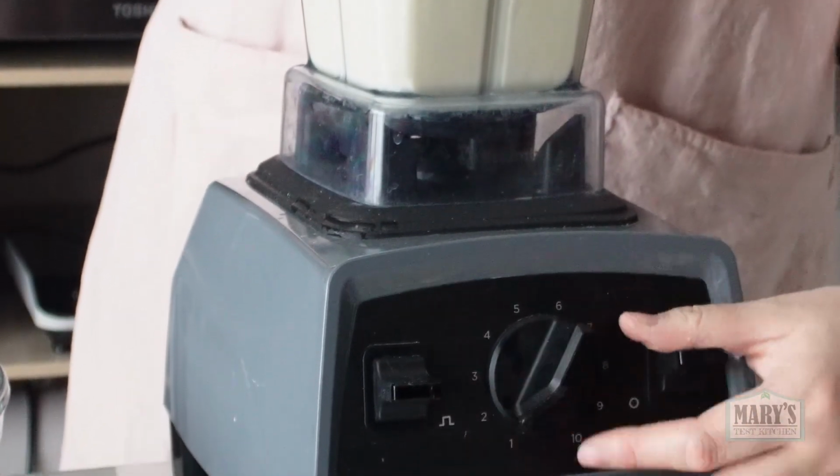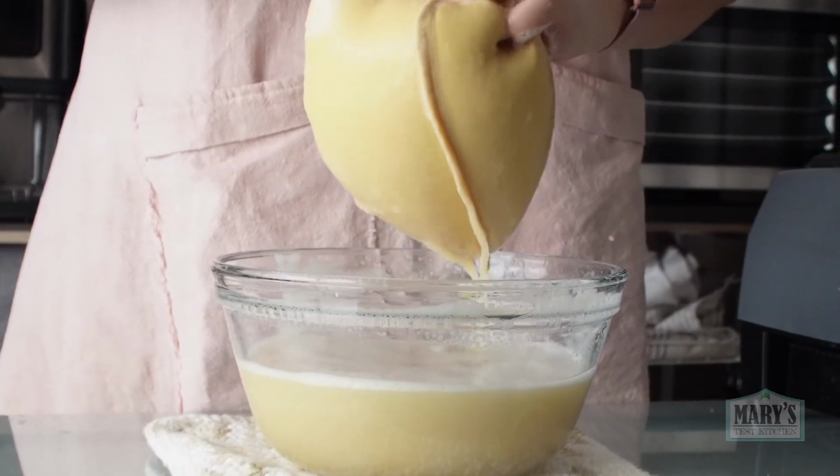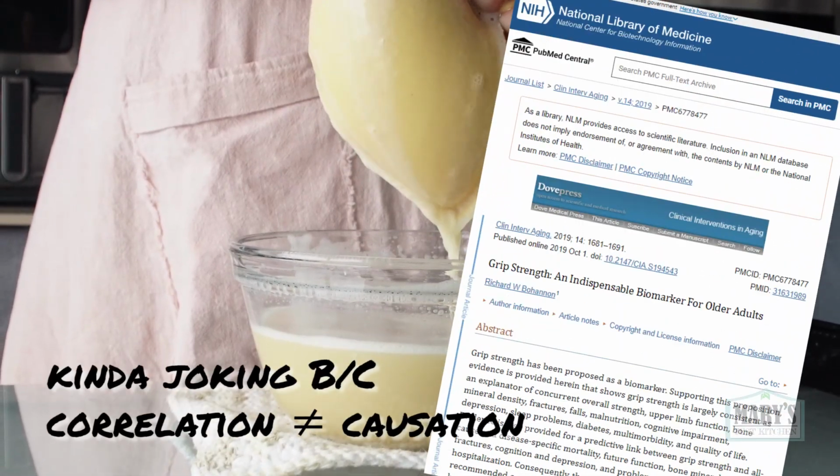It's a balance between blending enough for maximum protein extraction and not too much so that this step becomes too tedious. I think I heard something about grip strength being linked to longevity, so I like to think about that